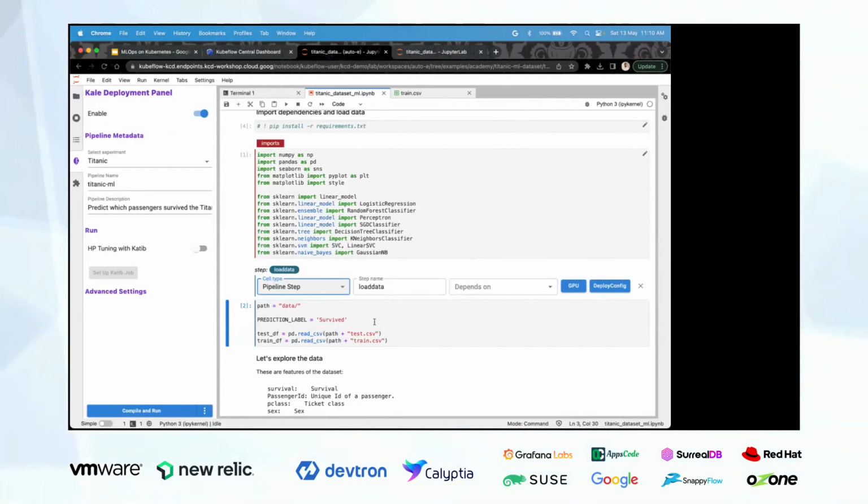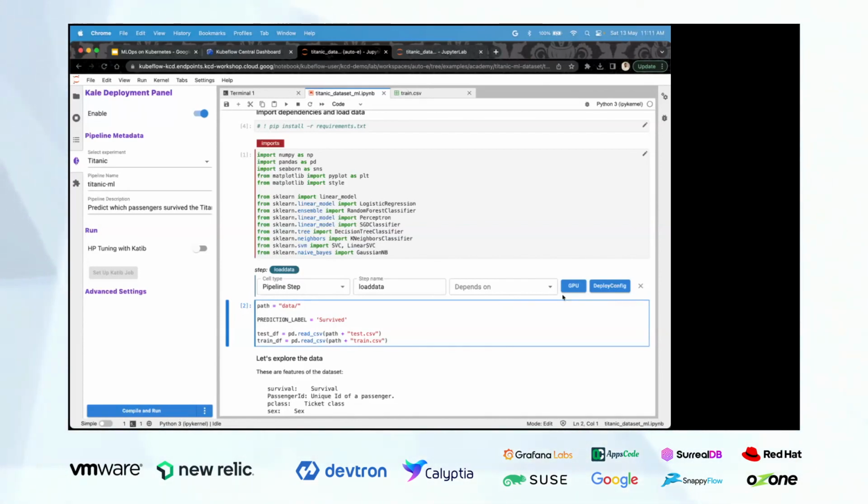What this Kale extension will do is create a container out of this particular cell, and it will take all the basic configurations, like the base image which we provide, and it will read the data. That's it.